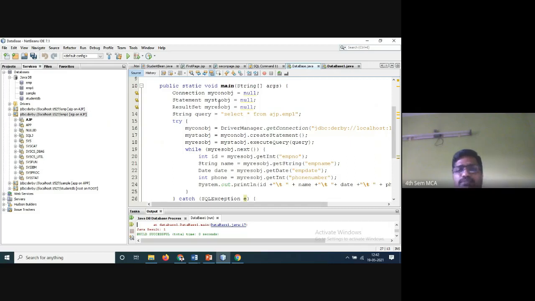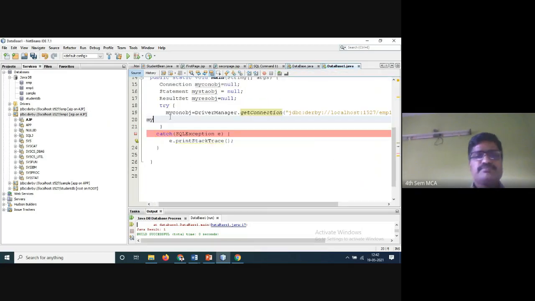My statement object is equal to, you have to create the statement. Whenever you are typing, any spelling mistake shows yellow color, so your object must exist, otherwise it will not create.